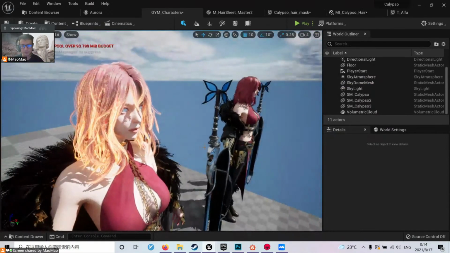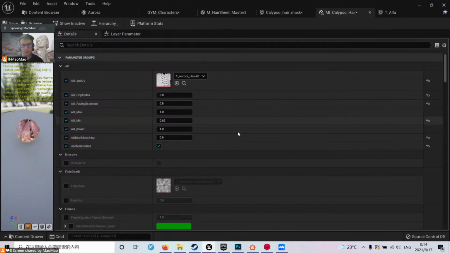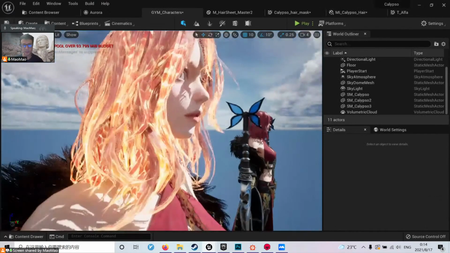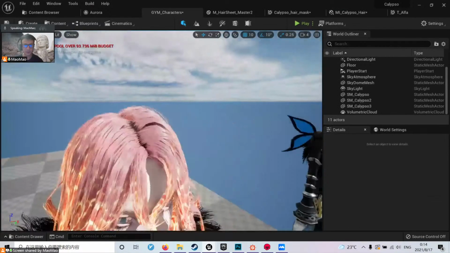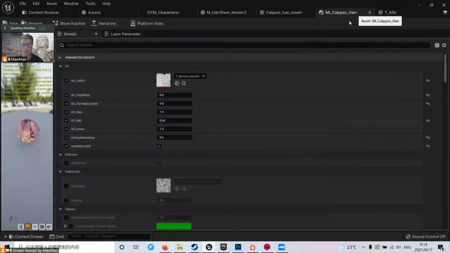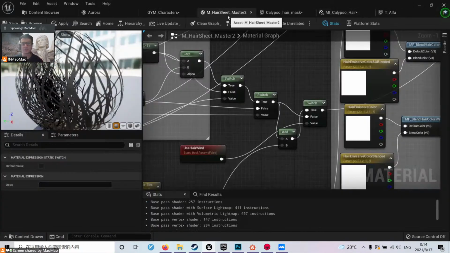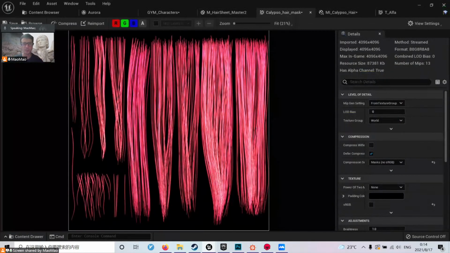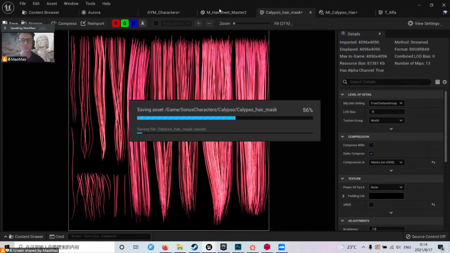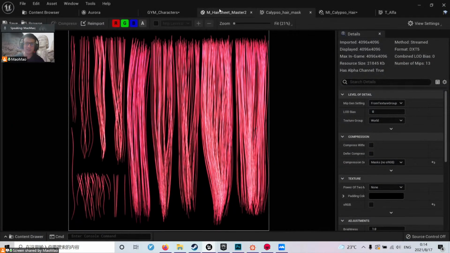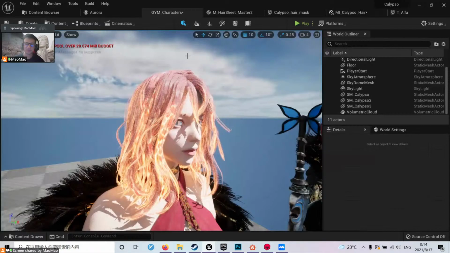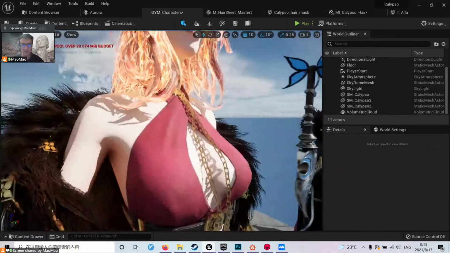So that's a very important point. Like if you're making a game, use what you have and change it. And later on, we can take care of the dependencies. We can clean it up a little bit. We don't really want to import the Aurora character to our thing. We just want to grab the hair material. So